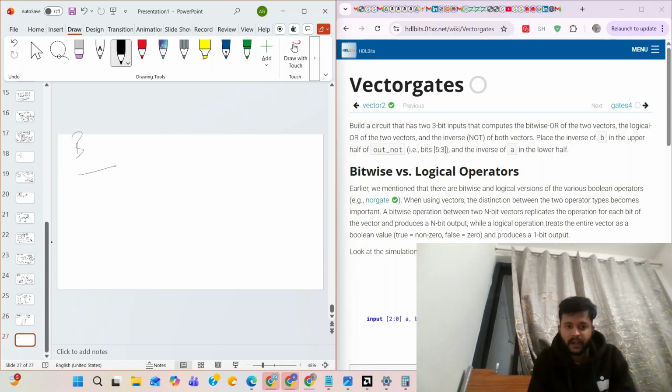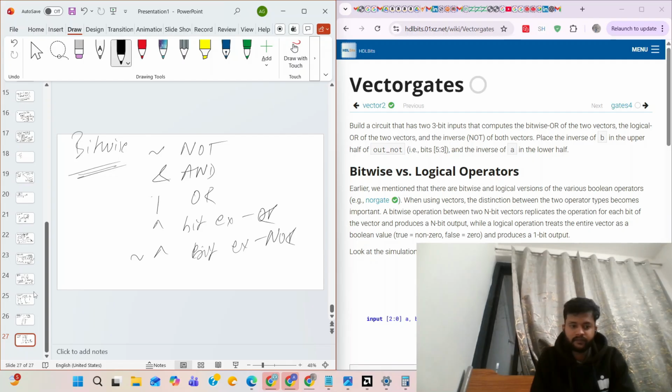Now we'll come to bitwise operators. This is the AND gate symbol, this is the OR gate, this is bitwise XOR, this is bitwise XNOR.